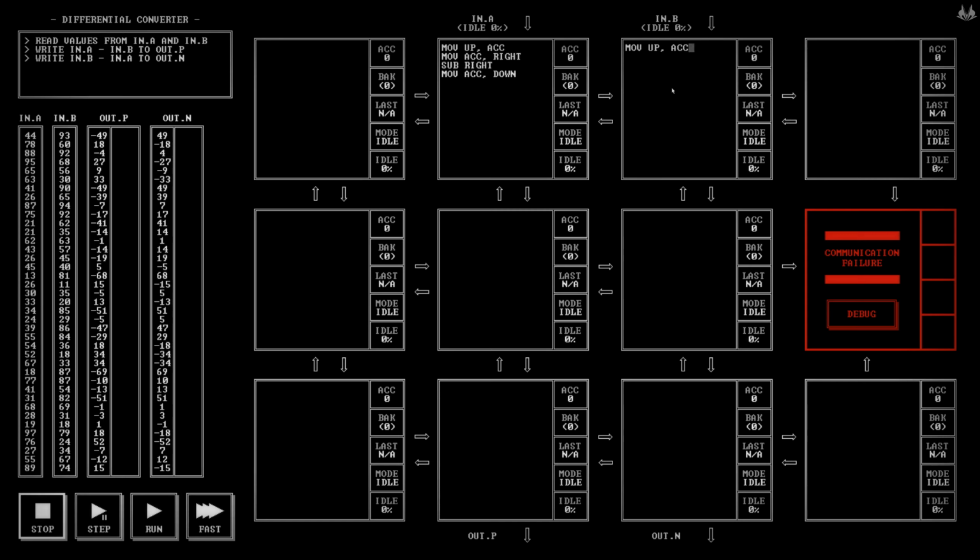Up to accumulator. Sub left. Move accumulator left. Move accumulator down. I think that'll work. Then